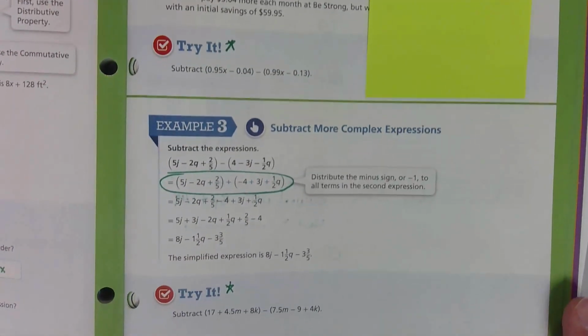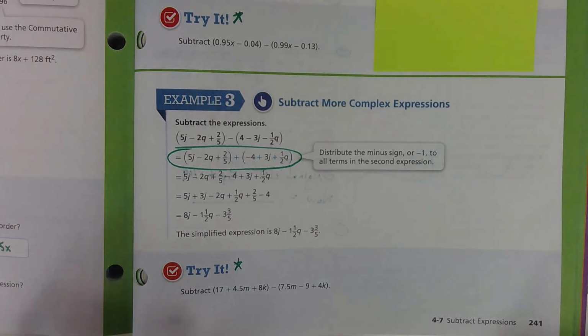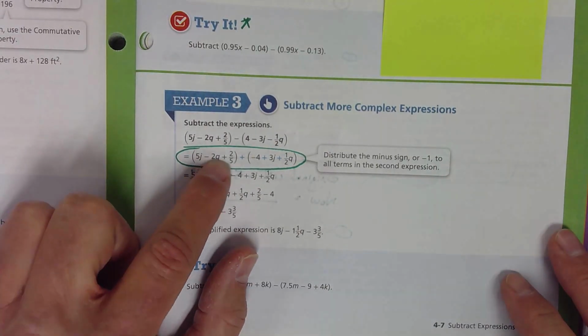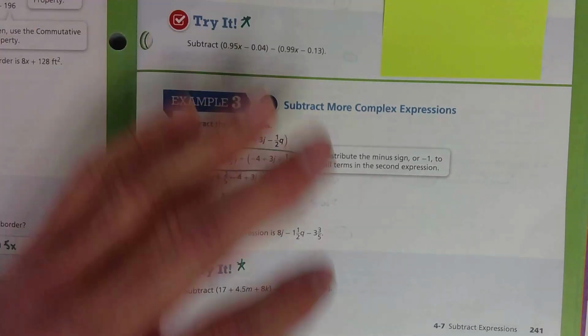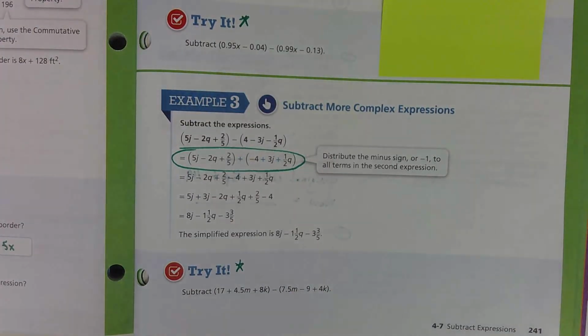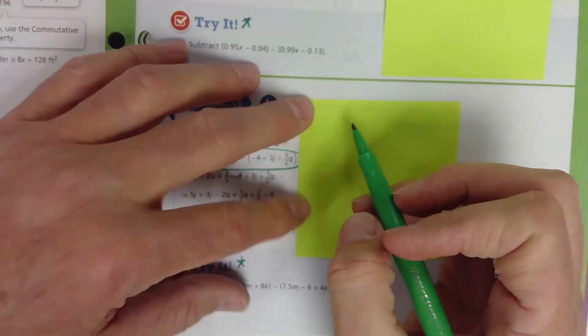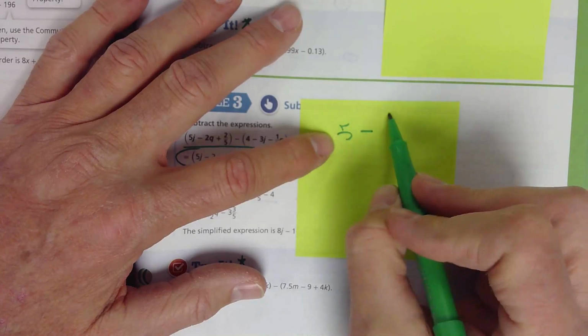Actually, there's several examples, and I'm not going to go over them in great detail, or really not going to go over them much at all. But let's just look at example 3 here on page 241, and this is what I want you to understand. Now, when we talk about adding and subtracting integers, this is something I've explained to you guys. So if I had, let's say, 5 minus